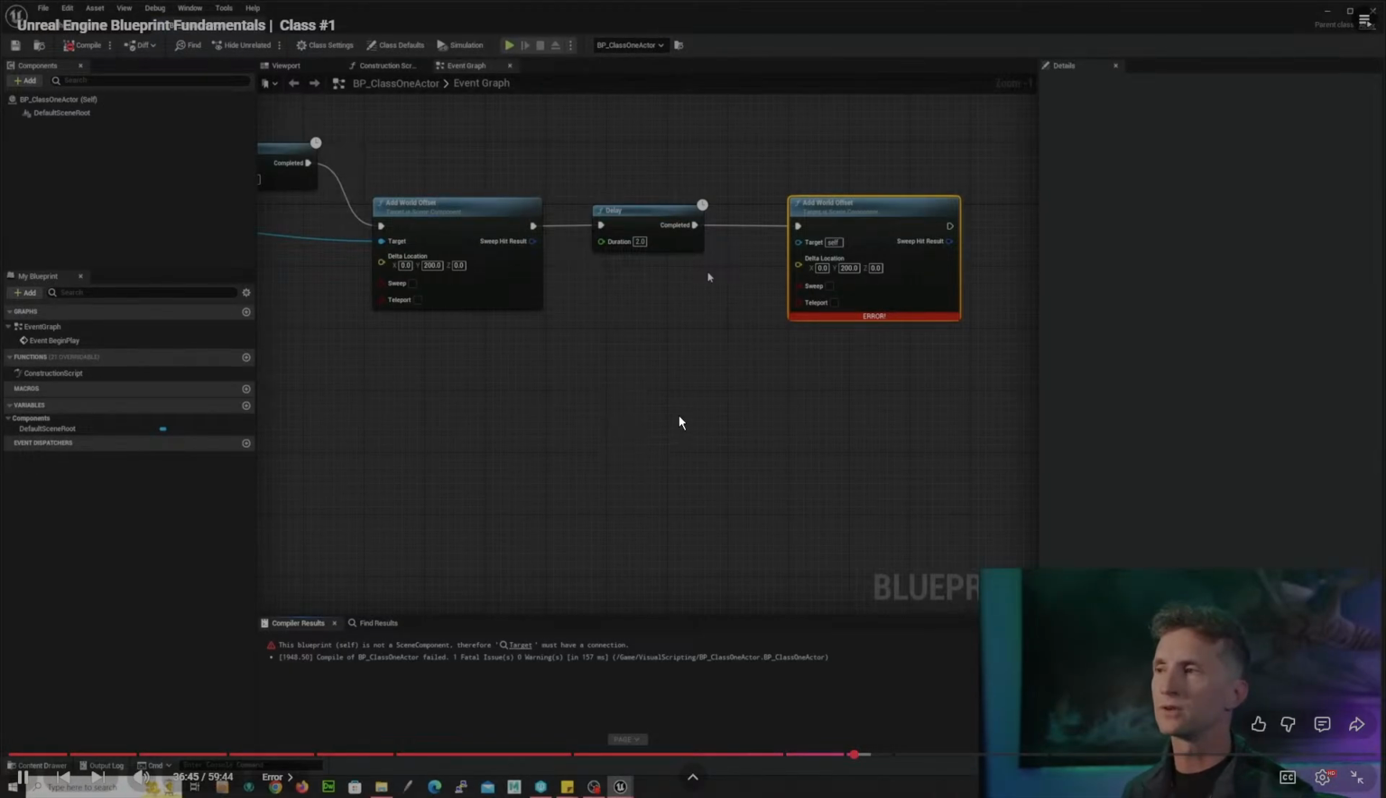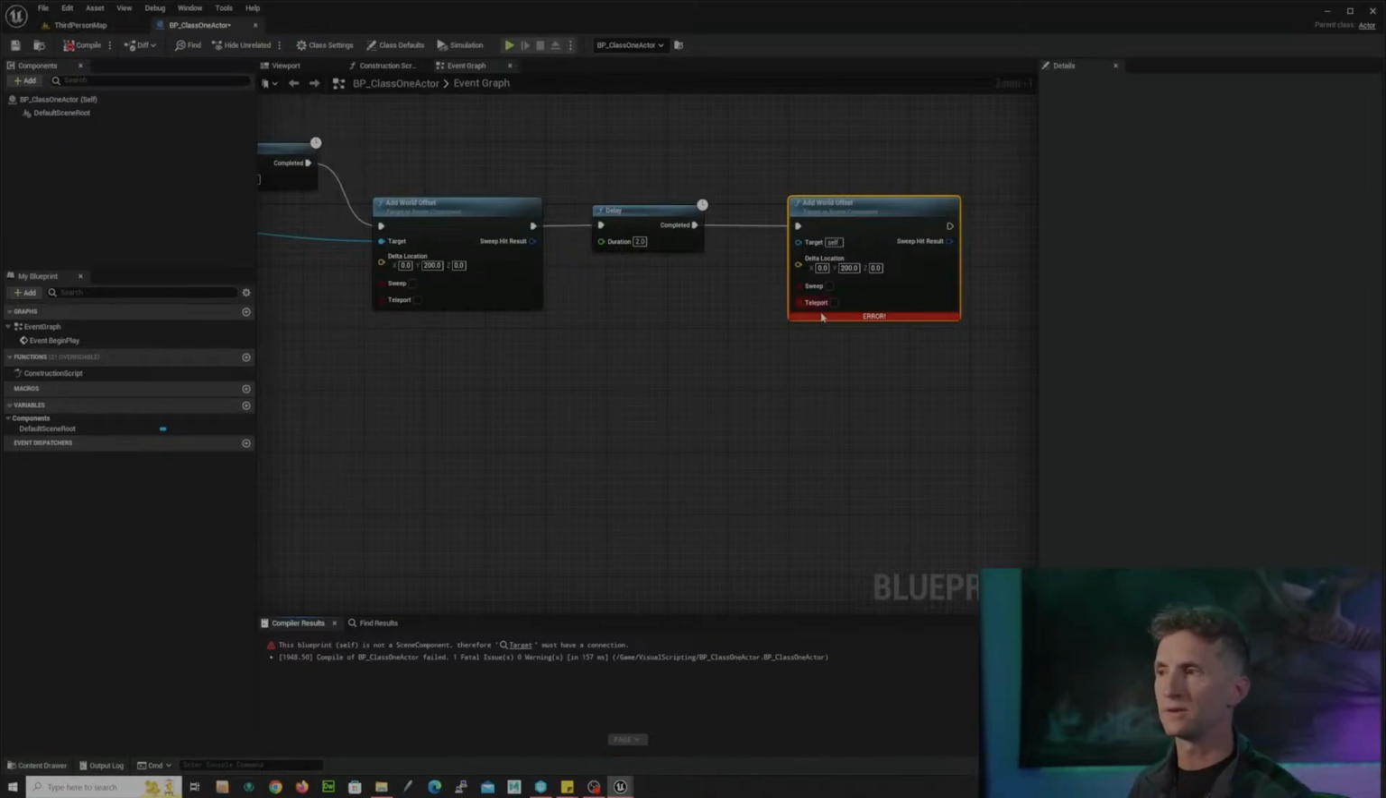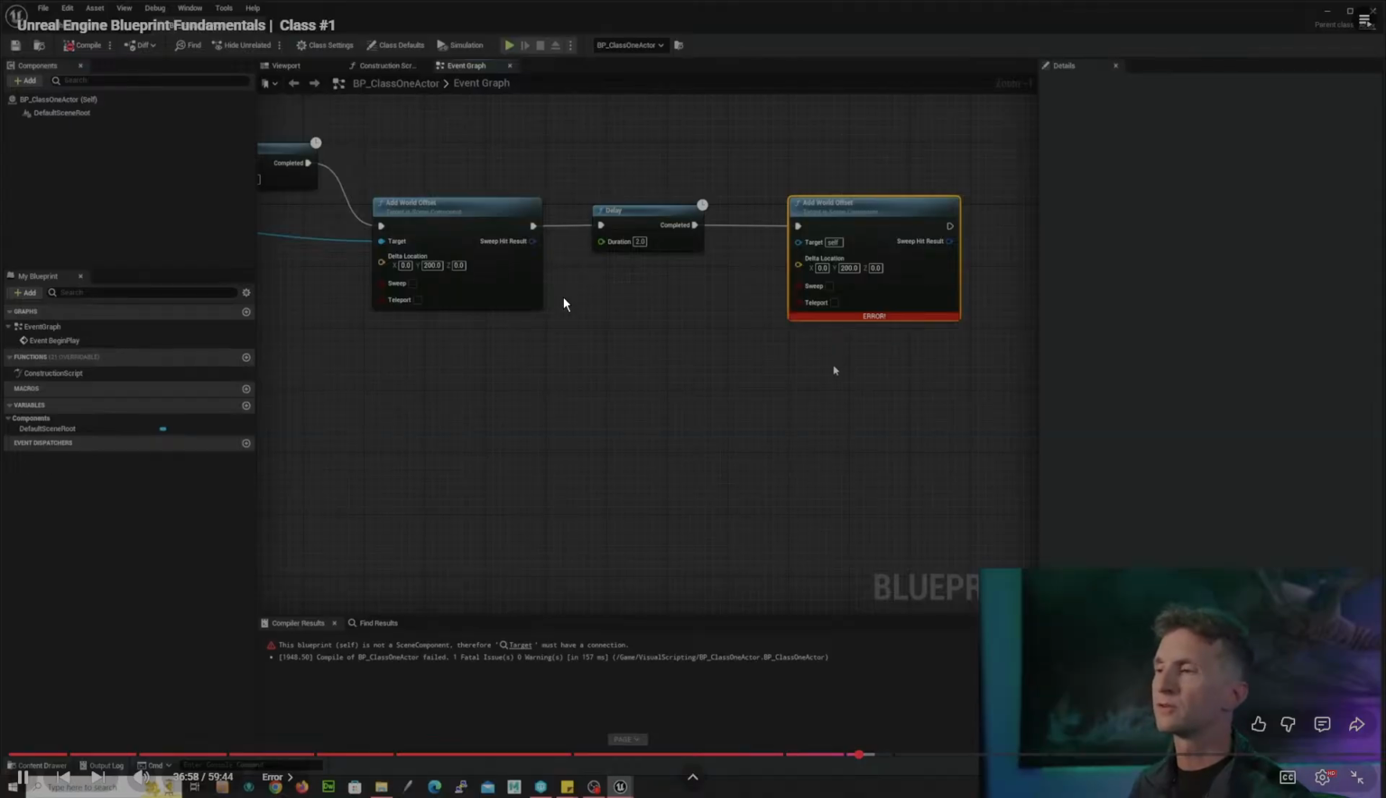In this case, for some reason we have an error. We know we have an error because when we compile, there's a red circle up here, and Unreal is nice enough to highlight the node and put the word error on it that is causing the problem. So if I mouse over this word error, it says, the blueprint self is not a scene component, therefore target